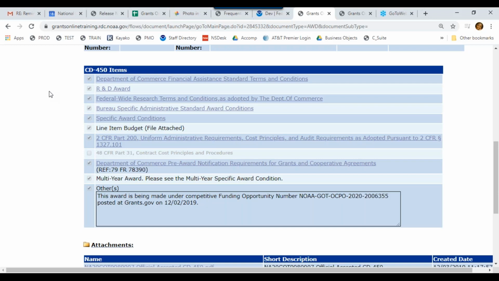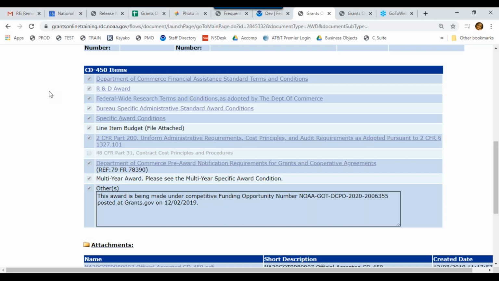The next 2 links will depend upon whether or not you're doing research. If you are, the next 2 links will be activated. If you're not, they will not be. Then we have a document that may or may not apply to your particular bureau, but if EDA,